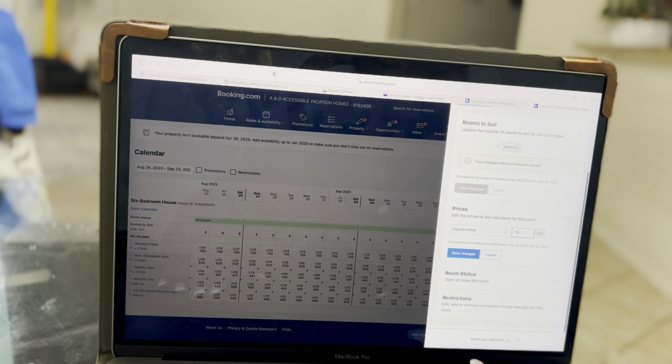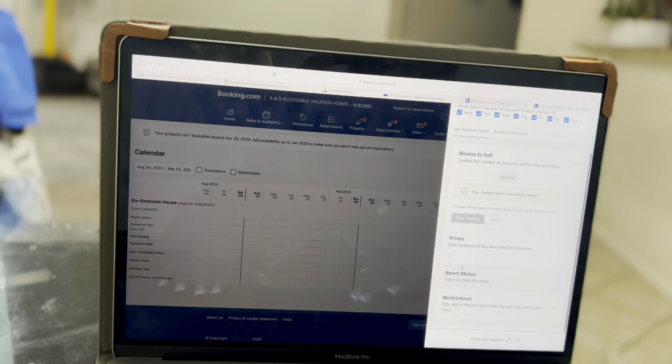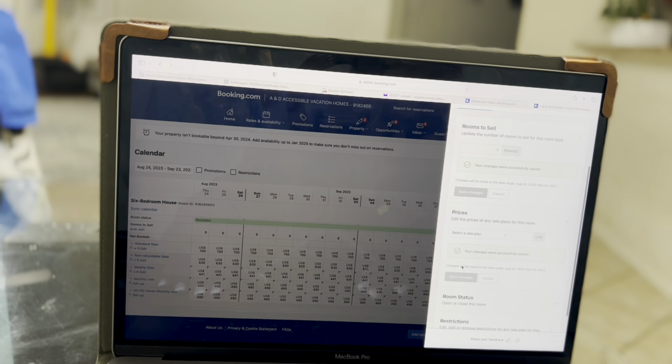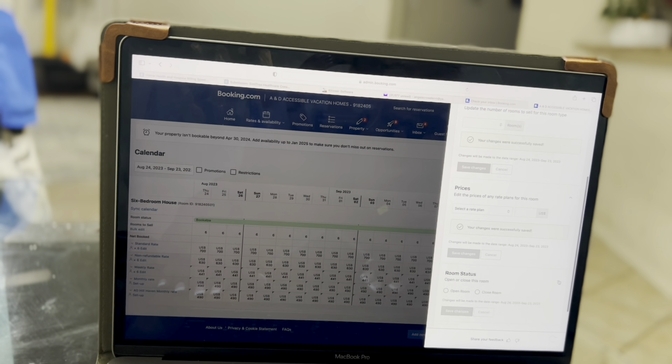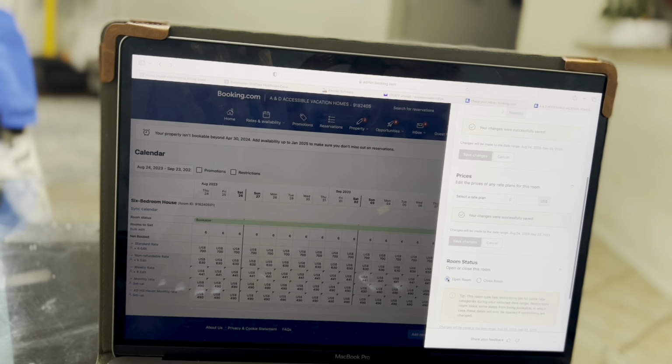I'm just going to put this for the video's sake. You save changes as you go, and it updates as you go here too. And then you can open or close these rooms that you selected up here. So I'm gonna open that,